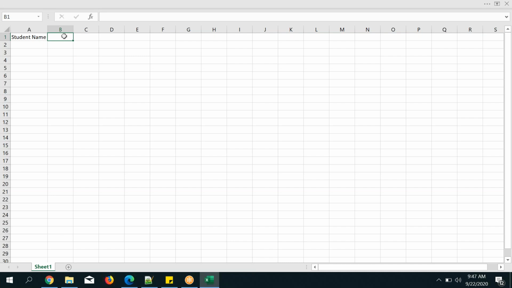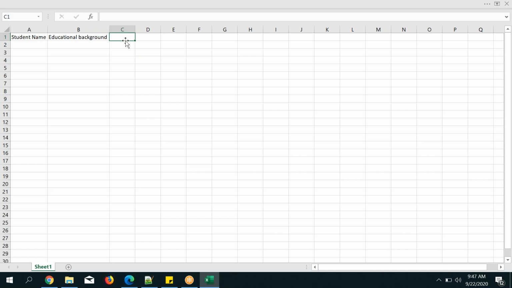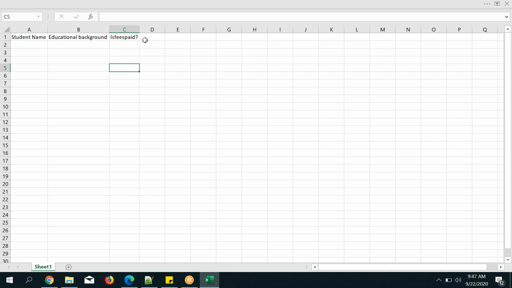These are columns. So we add like student name, background or educational background, is fees paid. Why I'm writing all these kinds of things is that generally business people will store like that. That's why I'm just adding like this.